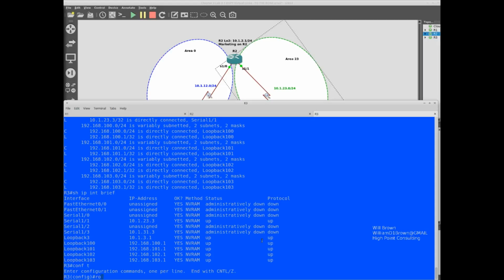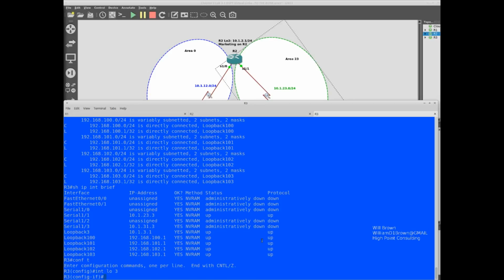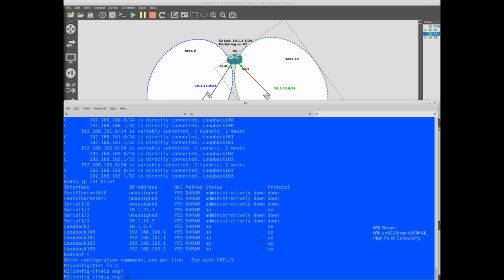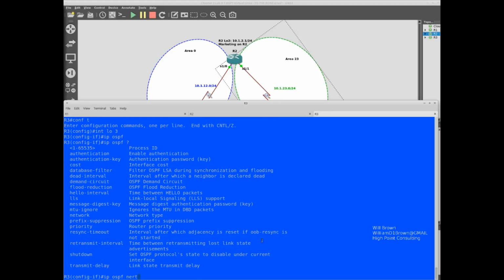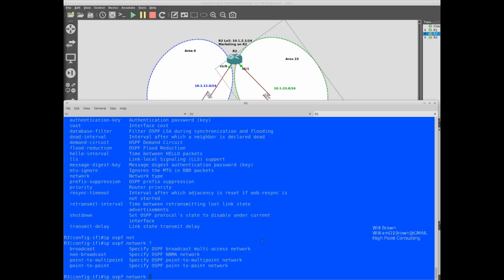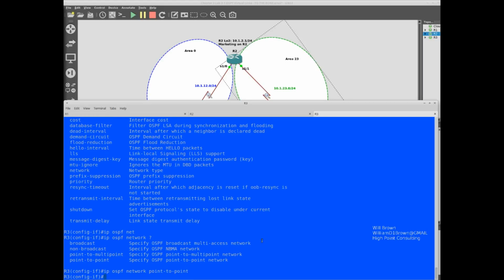So we're going to go router OSPF. Now we're going to go into interface loopback 3, IP OSPF network point to point, and we're going to say exit that.